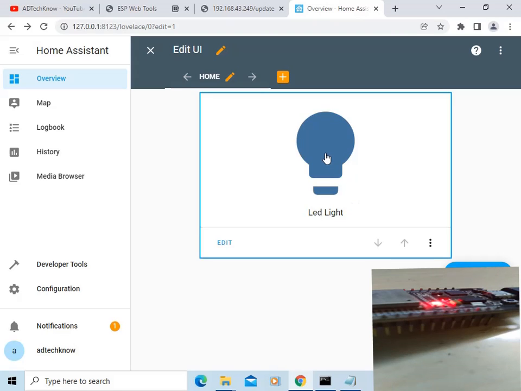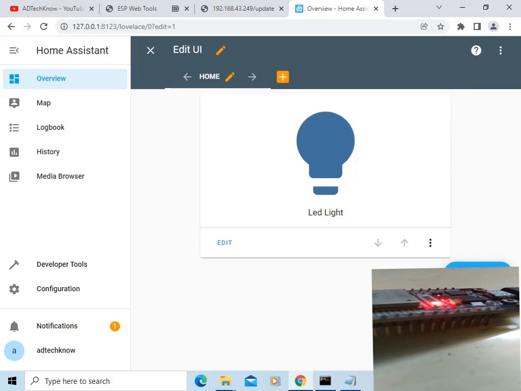Just click here to turn the LED on. So LED on ESP32 board is on. Click here to turn the LED off. So LED on ESP32 board is off.